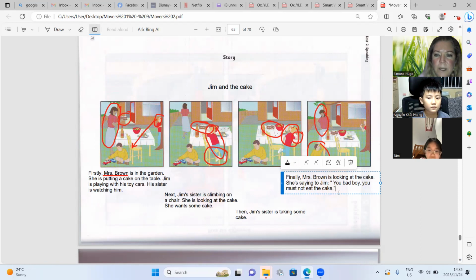What is Jim thinking now? Jim's thinking, but I didn't eat the cake.